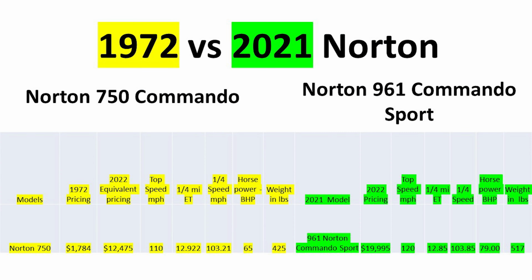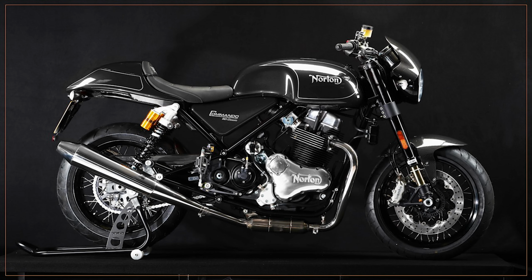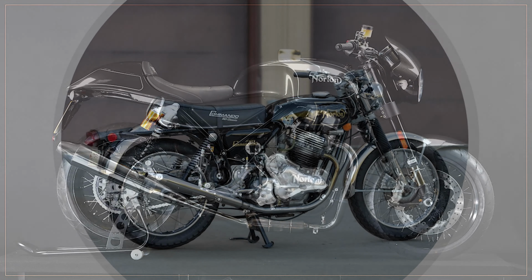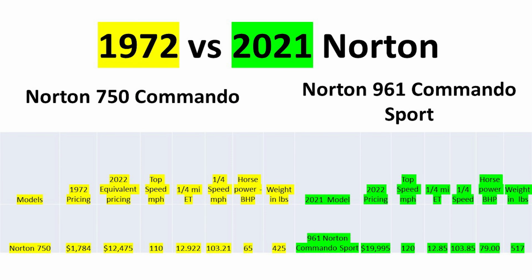When I start comparing, I compared a 1972 to a 2021 Norton because of all the problems Norton was having, and they were making a 961 Commando. They would come to the United States and actually drove a lot of businesses out of business, went into bankruptcy because of the non-support of the warranties. But anyway, the 1972 sold for $1,784 then. That's equivalent to $12,475. Unfortunately, really, there's nothing in the Norton lineup that I can compare it to other than the 961 Sport, which was